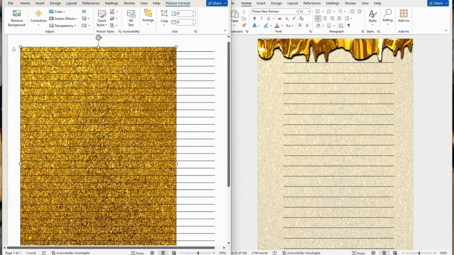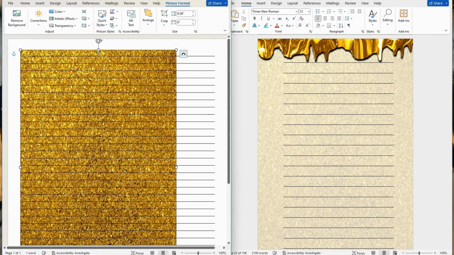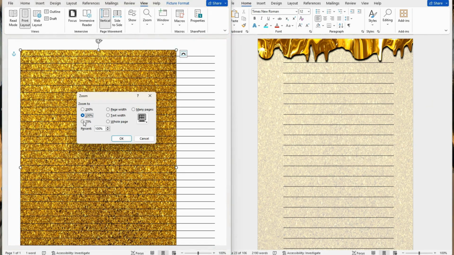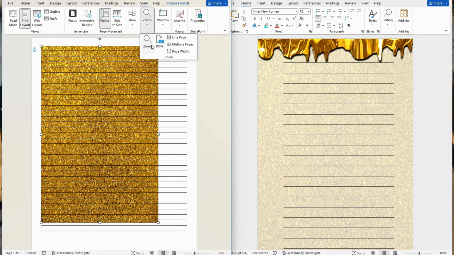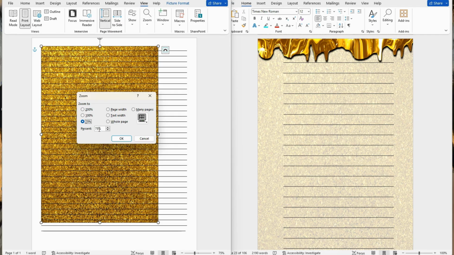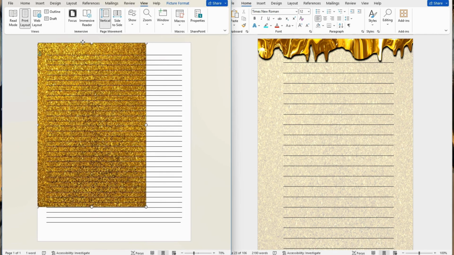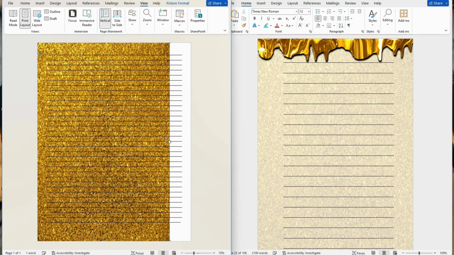But this page is a standard page. And we have to scroll down in order to move the image around. So what we can do is go to view, zoom, click on zoom again, and then go to 75%. That makes it easier for you to see the entire page. You could also go a little bit like 70%. You can always change it. Click the down to 70. Okay, so you can see the entire page. So we want it at the edge of the entire page. So we just drag